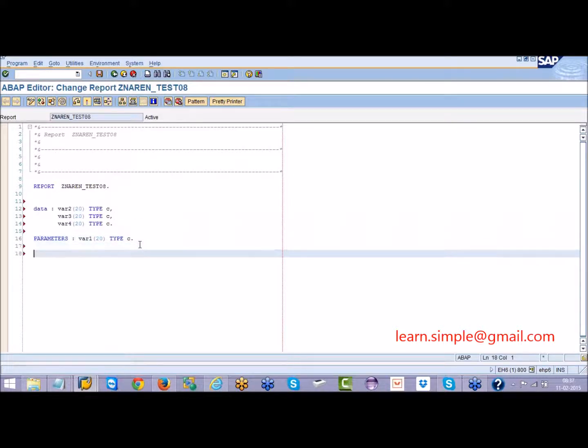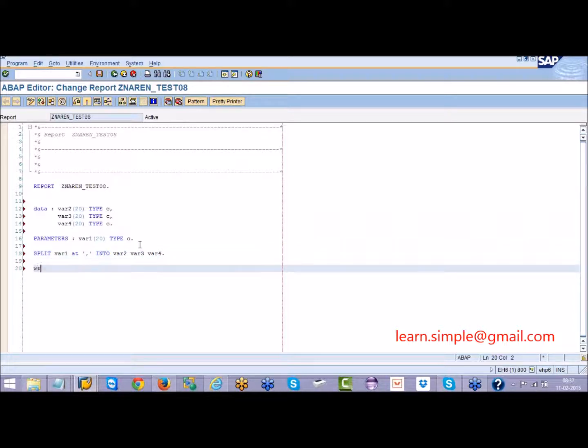Now what I want to do is split variable 1. So where to split? At comma. I know that there is a comma. Comma is a separator between SAP, ABAP and program. So split variable 1 at comma, and after splitting put it into variable 2, variable 3, variable 4.